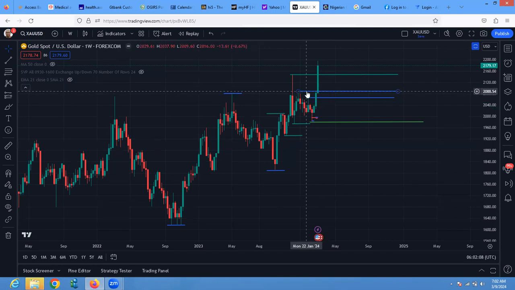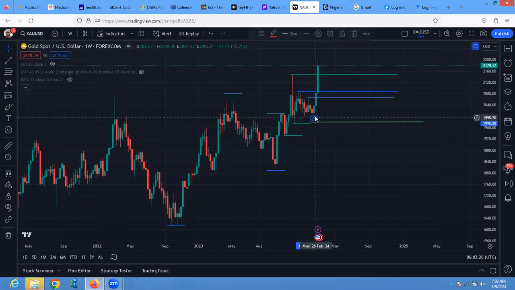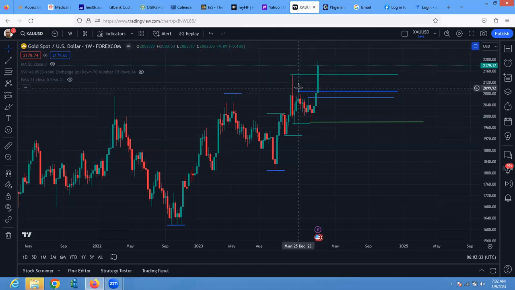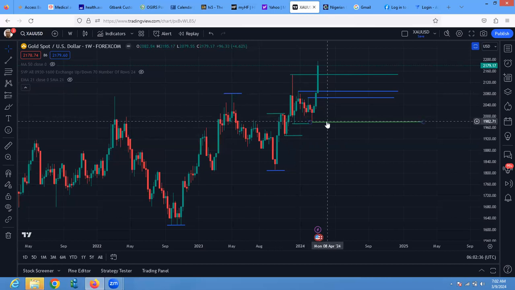We expect that the correction will occur around 2088. So we got down, I closed a position around 2088, and price just went to continue without testing. I was expecting, that's the normal thing to expect, that price will correct. But if it's going to correct now, it's going to correct sharp and deep. You must be very careful now with it. So with this move now,